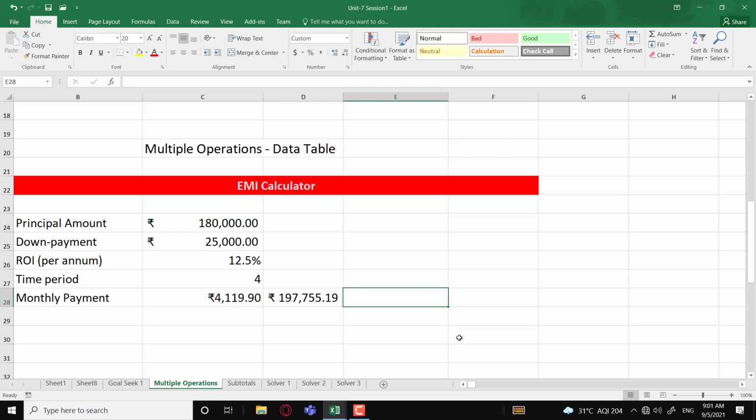Now I want to also see what is the interest amount which I have paid. That is by subtracting the principal amount from the total amount. This will give me the amount of interest I have paid. That is, this amount is an extra amount which I paid to the bank for getting my laptop financed, and for the period of 4 years, that is for 48 months, I have paid this much total interest,